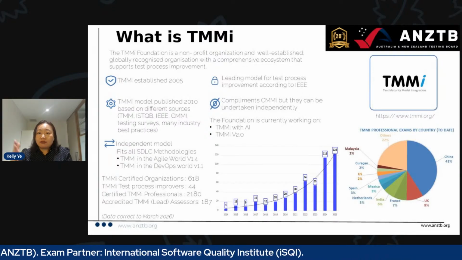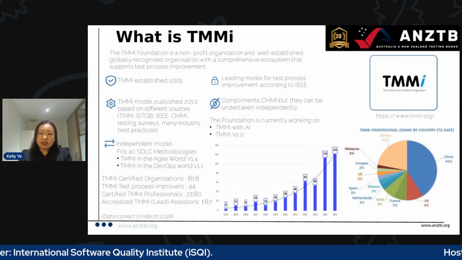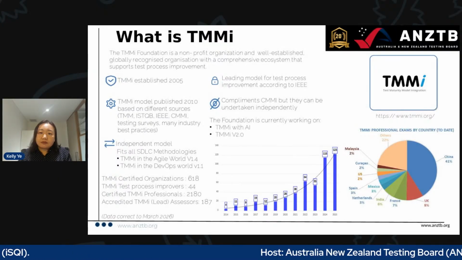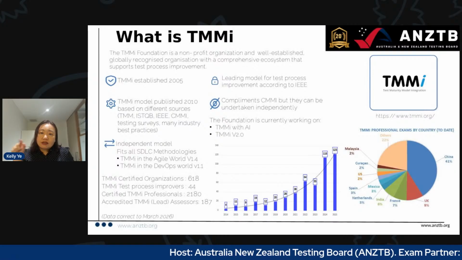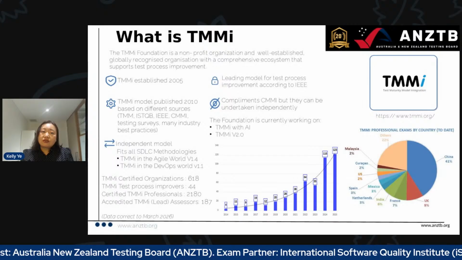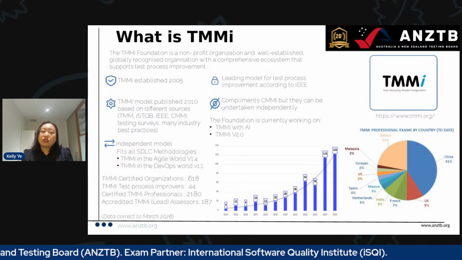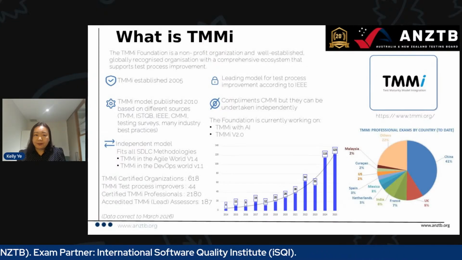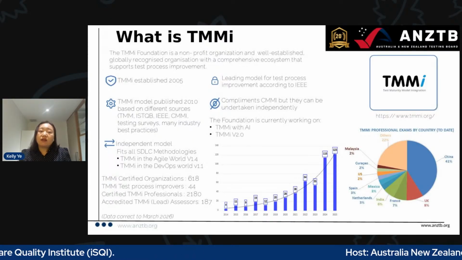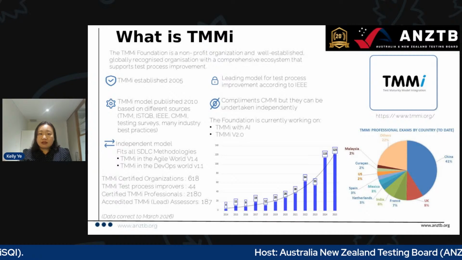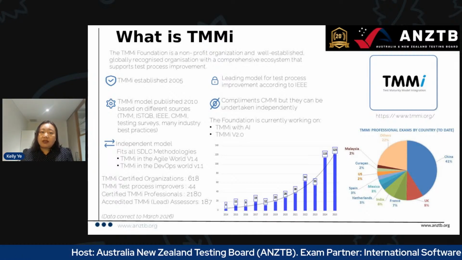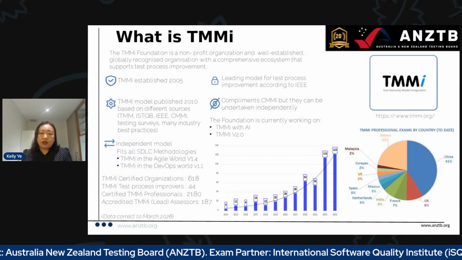TMMi also has a lot of achievements. You can see the numbers there, the pie chart and the diagrams. There is 1, 2, 3, which is the highest bar. It shows that in the last year we conducted 123 formal assessments. And the more important point is that these assessments did not happen in one country. They happened in more than 5 countries, globally representing 5 continents as well, like